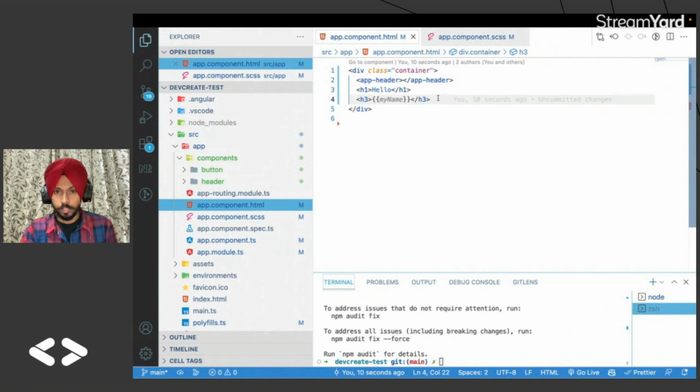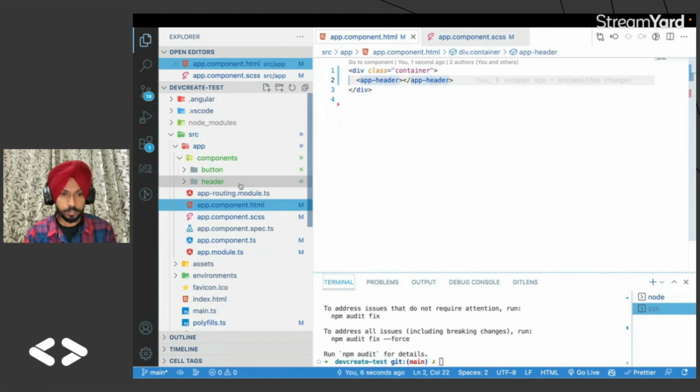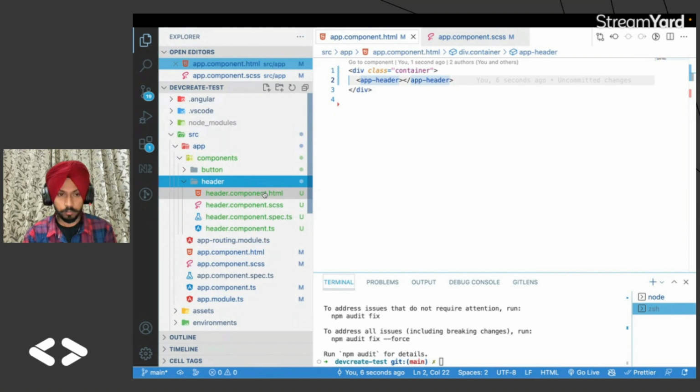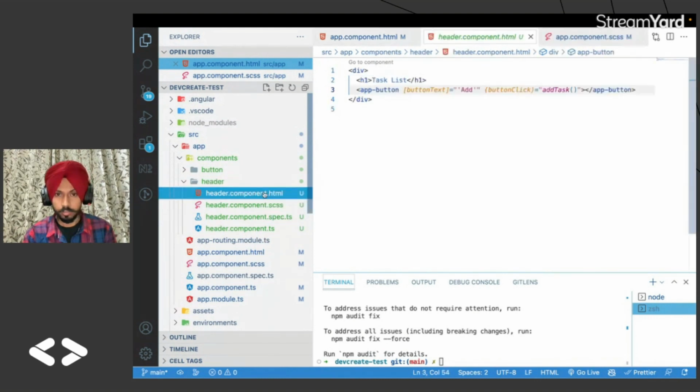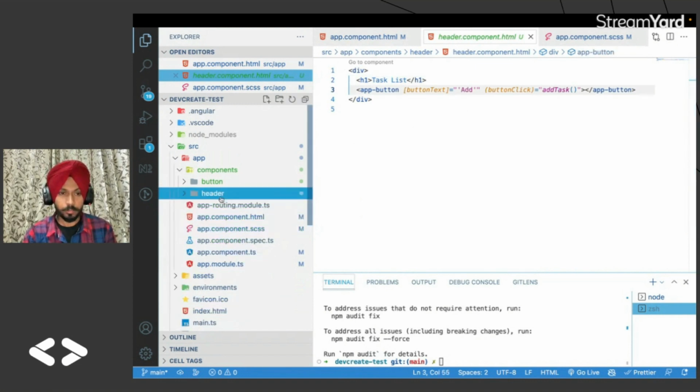Okay, we don't need this hello world or anything anymore. Let's remove the unused code and continue to create some good project. In the header, we have this HTML. Let's see, we have task list, we have the add button. Okay, so now we have the Bootstrap and the design added. Let's try to